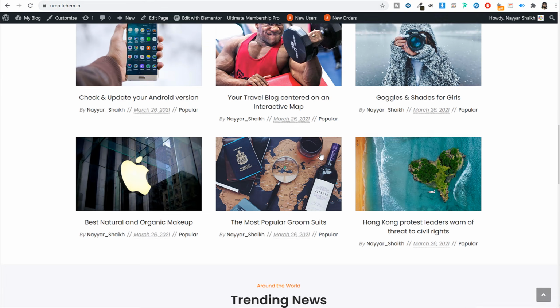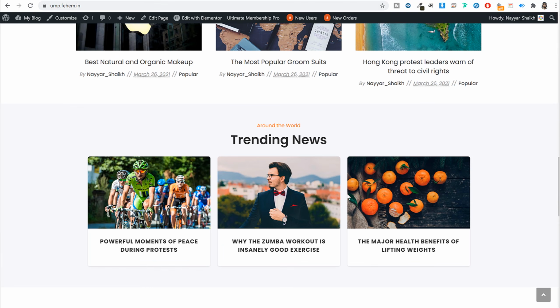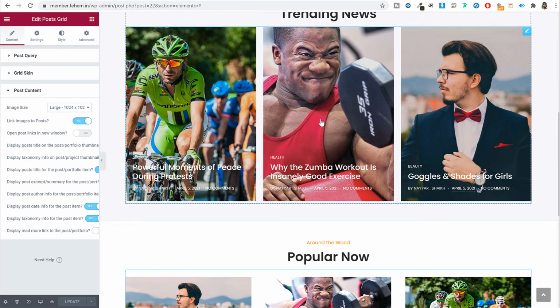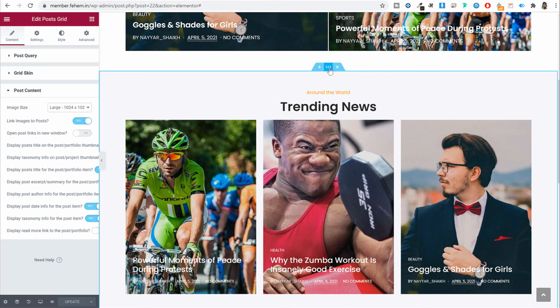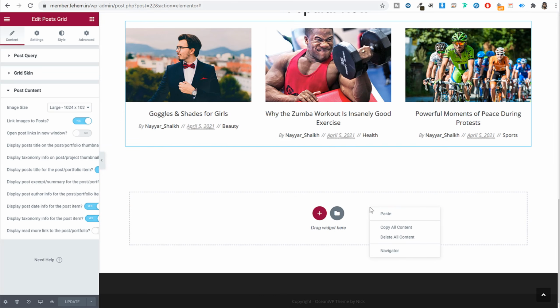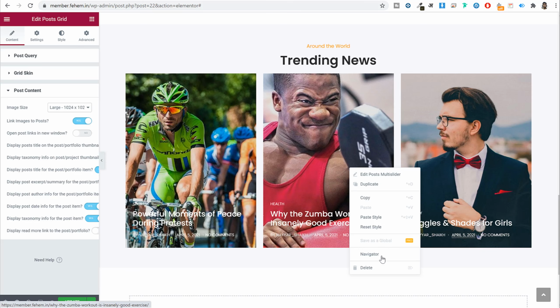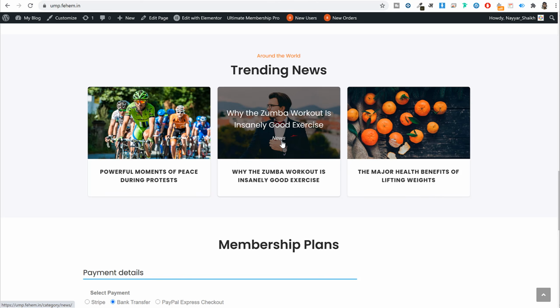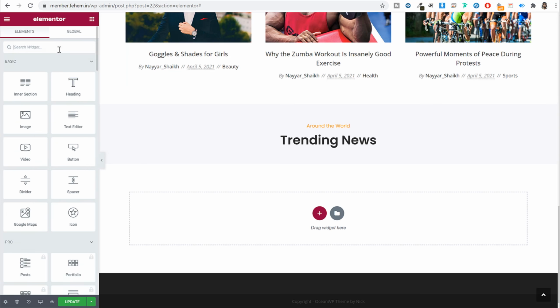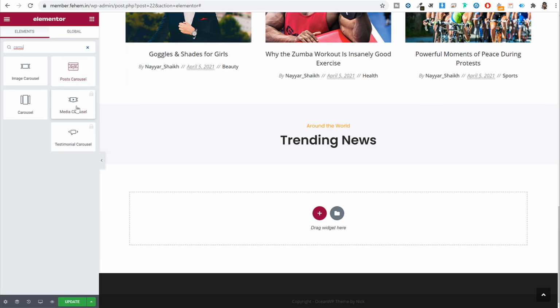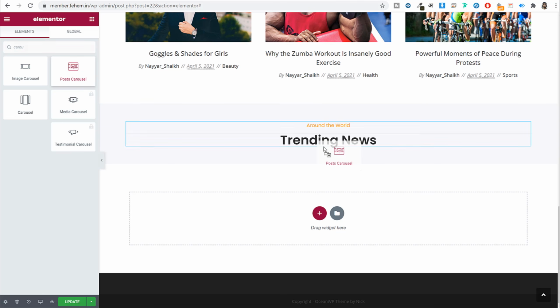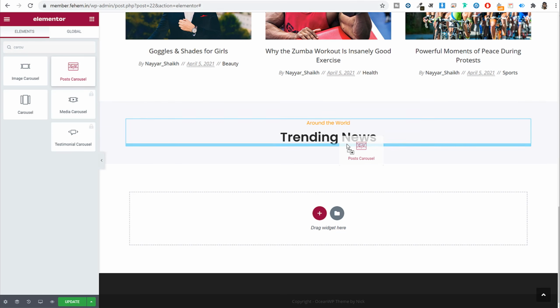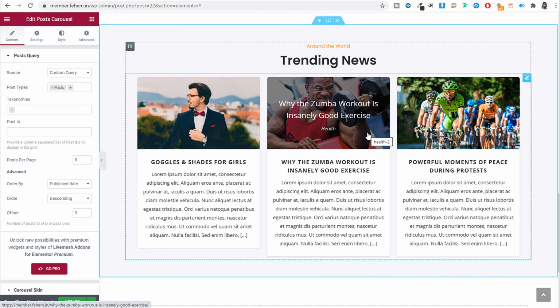Now after that we have this section, and again for this also we can copy paste because the color is same, styling is same, background color is also same. So we can simply right click on this section, copy, come at the bottom, right click, paste. Okay, so it saves a lot of time. Again, I'll delete this, and instead we'll use the post carousel design. So if you come back to this section and search for carousel, this is the one that we want to use, post carousel. All these post options that we are using are because of that Live Mesh add-ons plugin. So that is the reason why it was very useful.